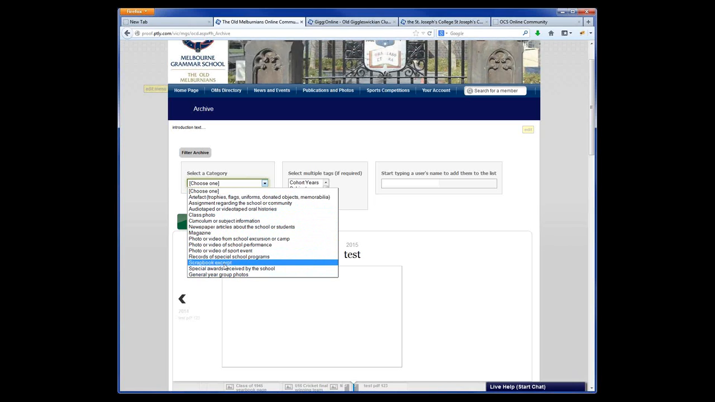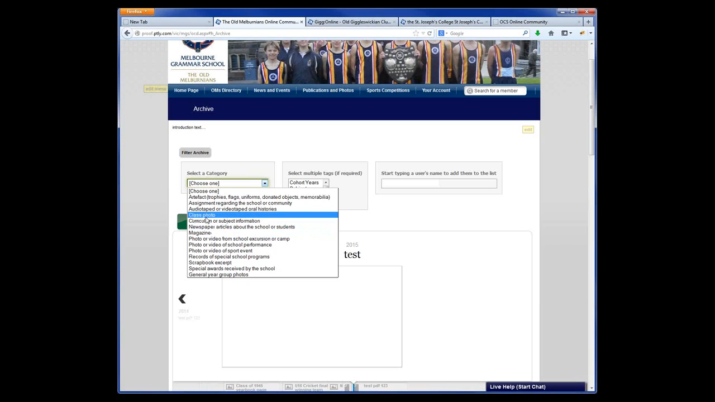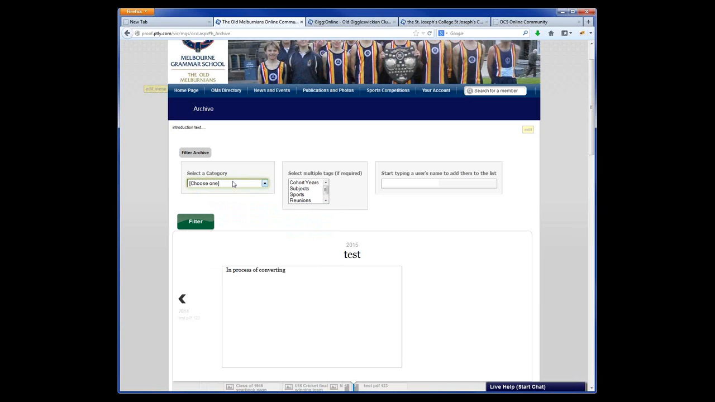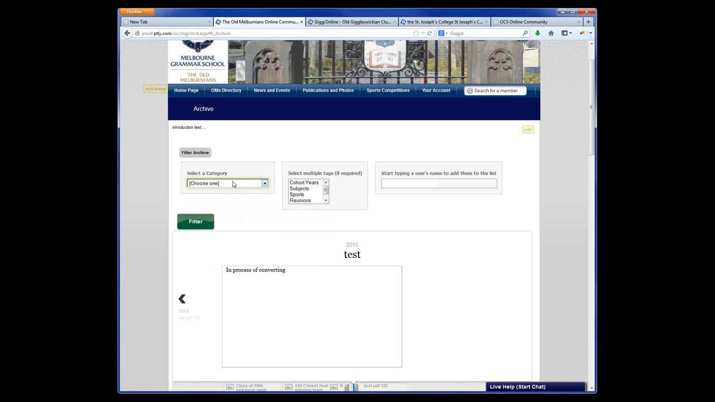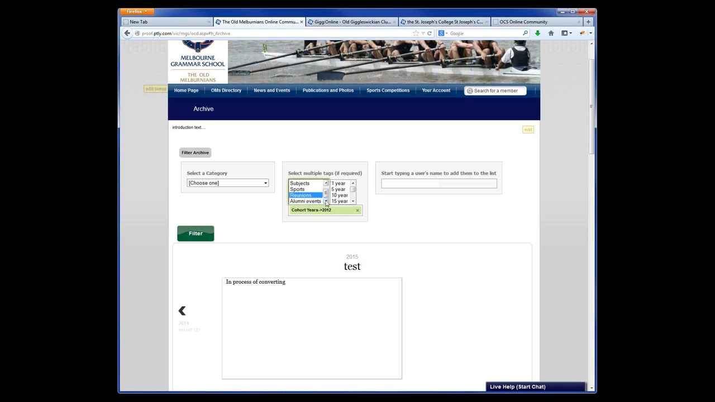So we're very much looking for feedback from clients as to how to refine this, but class photos and magazines are two that have been very popular, and we're looking at lots of different categories of content that you might want to upload. We can have tags as well, so if you wanted to search on tags, I've just searched for cohort years 2012,